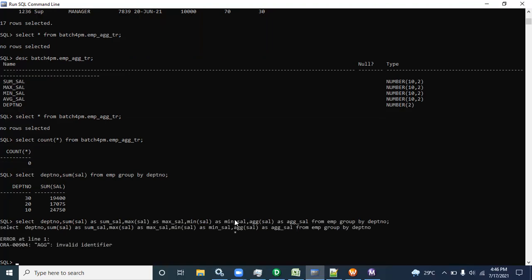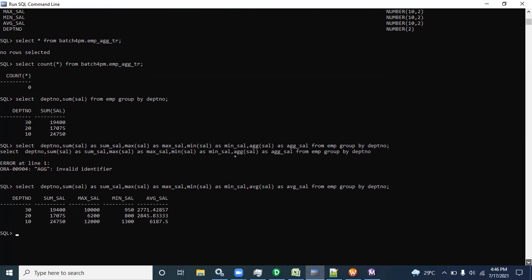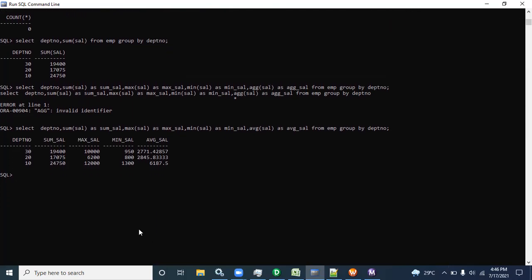There is an invalid identifier error. It should not be AGG, that is average, AVG. Sorry, that is not AGG, it is AVG. Okay, like this manner. Like the target table, select star from